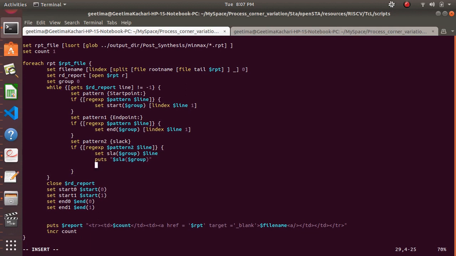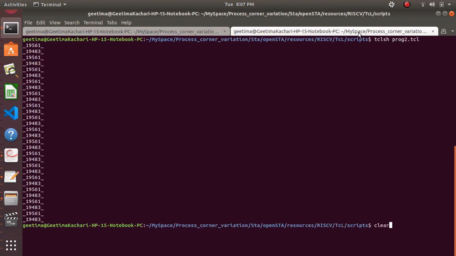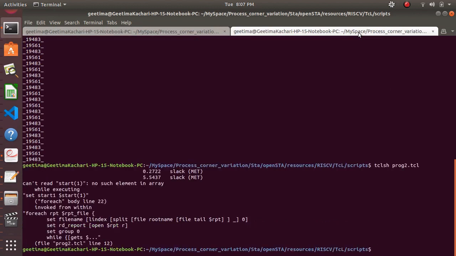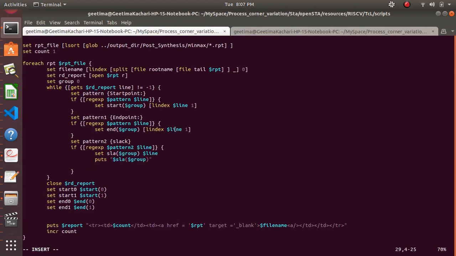Then what was the error? Let us just see. Can't read start one, no element in array. Oh, we have not incremented group, obviously, because I have deleted it right there, because there are no such arrays. So I have to increment the group, and that means after,